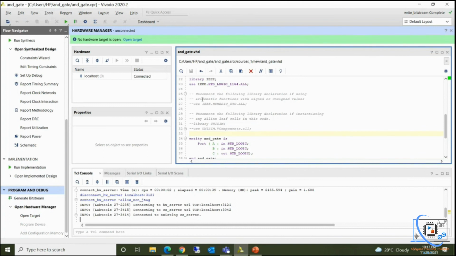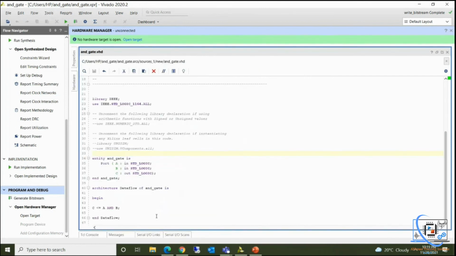So your FPGA board will work as an AND gate now. You can play with those two switches. You can try different combinations: 00, 01, 10, or 11, and then you can see the status of the LED. Congratulations, you have successfully implemented your first logic gate on your FPGA board.